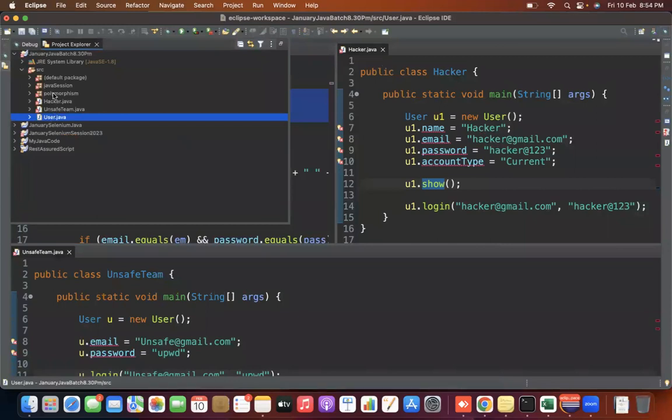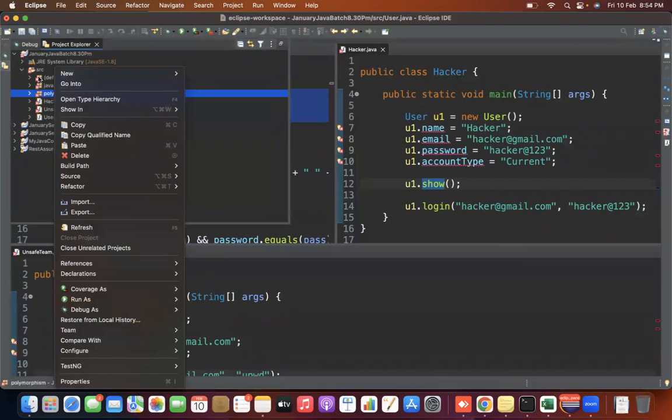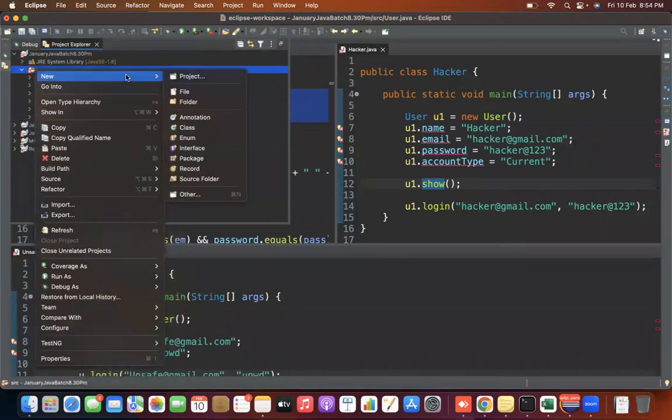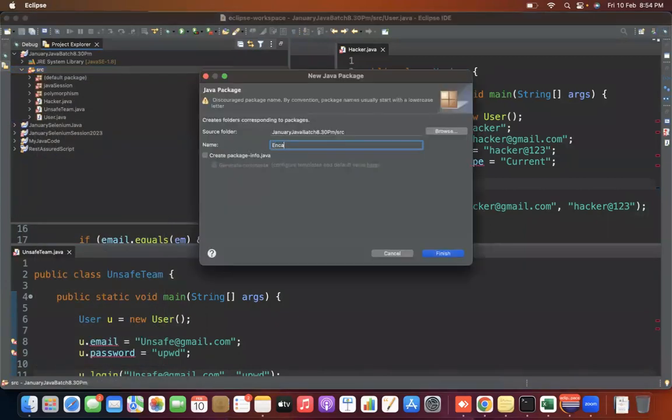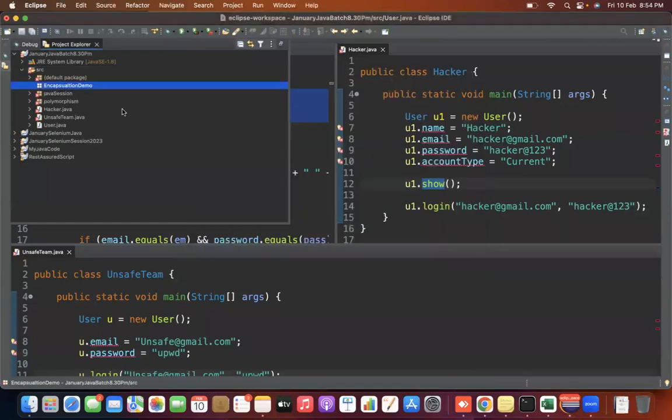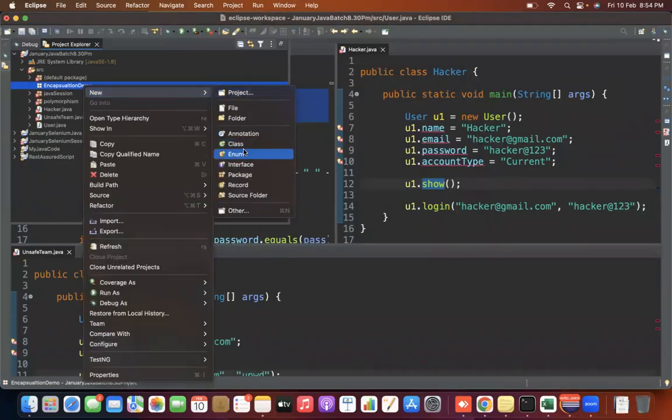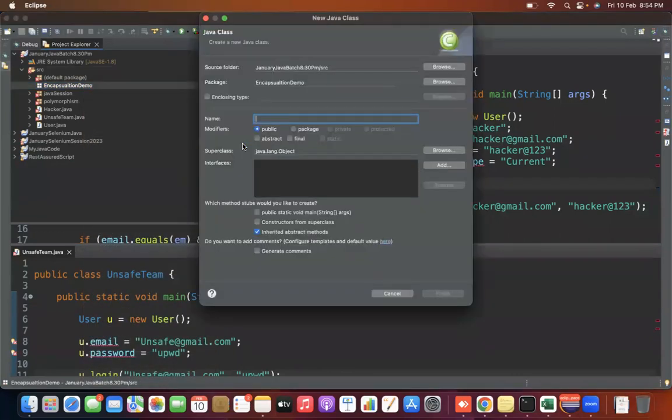Now, suppose I am going to create a new class. Before that, I can create a new package also. Create a new package. The package is encapsulation demo. And I can create a new class. Create a new class. Suppose,